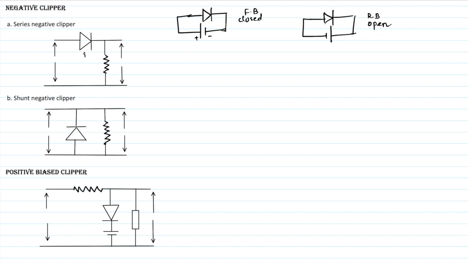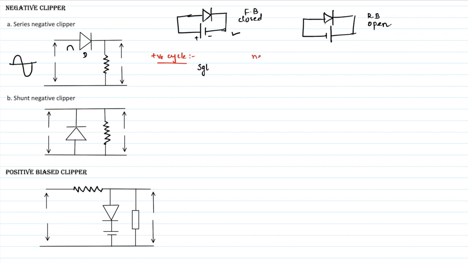So here also diode, say if you are giving a positive cycle, so positive is given to anode, yes. So what happens when positive is given to anode, this condition, so diode is closed, so the entire current will flow across the diode and then to the resistor. So you are taking output across the resistor, so you will get an output. So positive cycle, entire signal you will get.